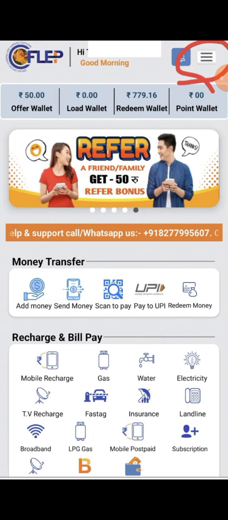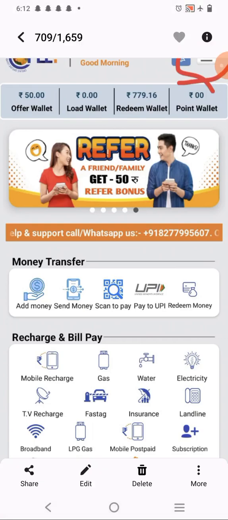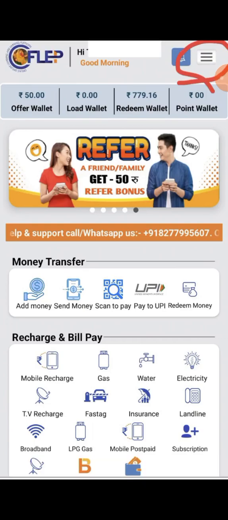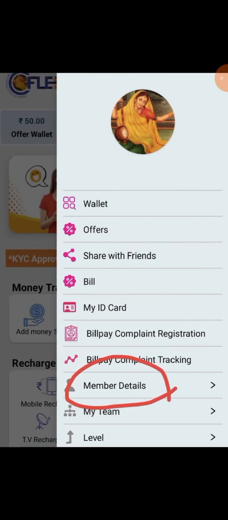Yes, this is the Offlip Pay application, friend. In front of you, you can see the preface that comes when you open your Offlip Pay application. Just see on the top right side, there is one red color circle with three lines, up and down. It is the profile icon. Just click this one. Once you click this one, you will come to this page.